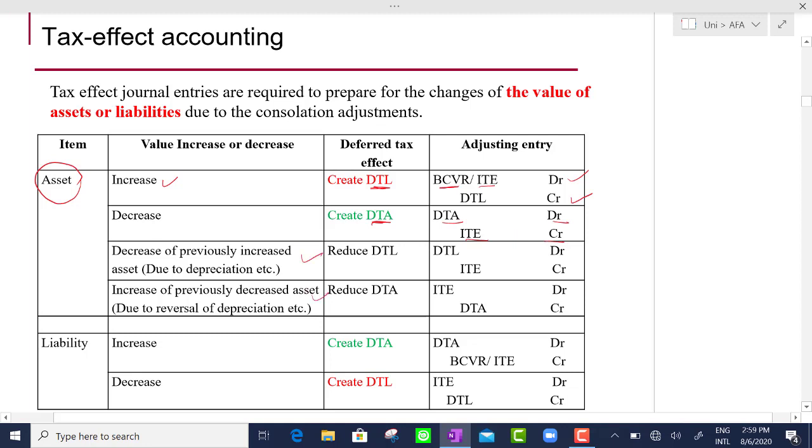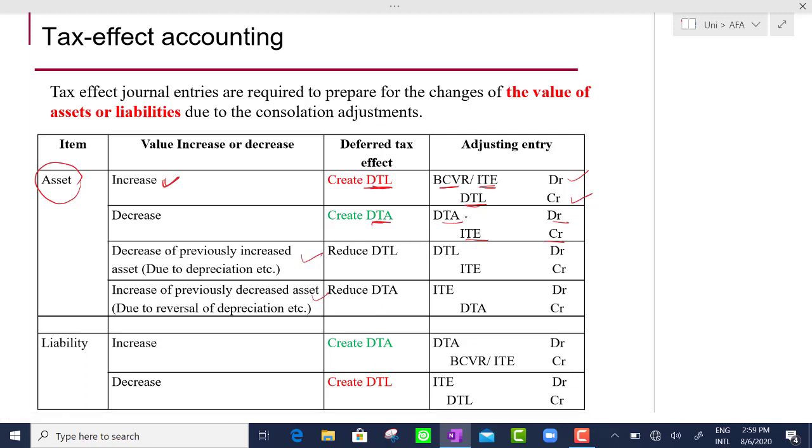If you have a decrease of a previously increased asset, think about this situation. Previously our carrying amount increased. Then, due to that increase, we recognized a deferred tax liability. Income tax expense account debit, deferred tax liability account credit. That increased asset itself